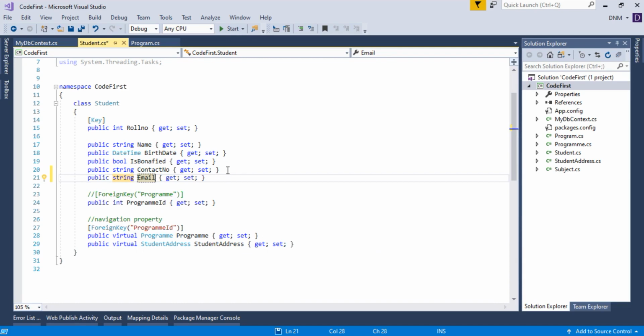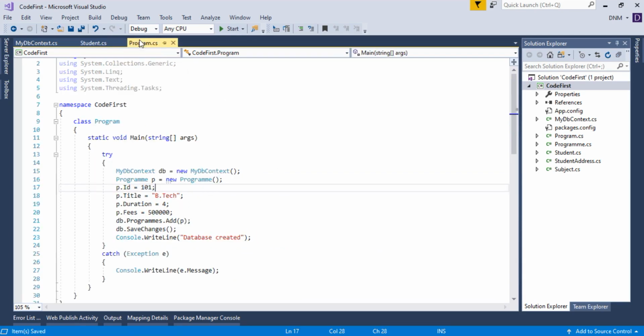Now my model has changed, right? Now let us execute the program. This record is already there, so I'm just going to change this to 2. Definitely, since our schema has changed, it will throw an exception. So let us execute it. I'm pressing Ctrl F5.